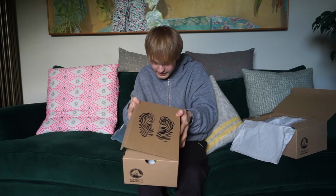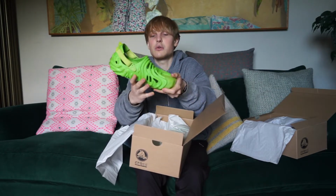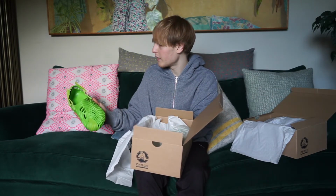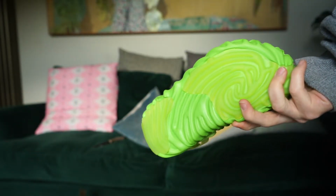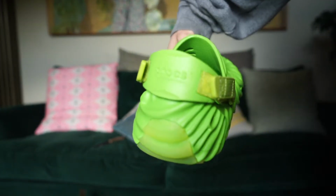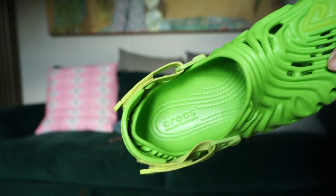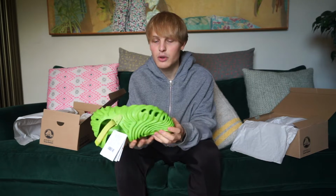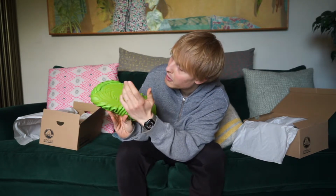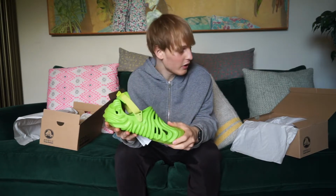The next one is a size 8 in the crocodile colourway. So this is the green colourway. So yep, this one is very bright compared to the Mist, and on pictures some of them are more vibrant, some of them are darker, so you don't really know what you're getting. This one's a size 8, so a pretty easy size to move. This one's got the clear bits on the bottom, but they are just in green injection mold, pretty much very similar to the